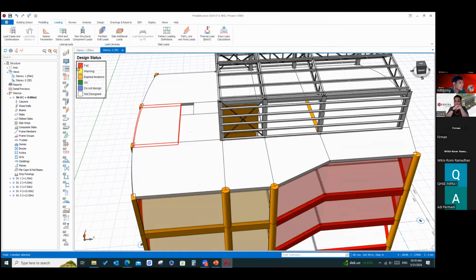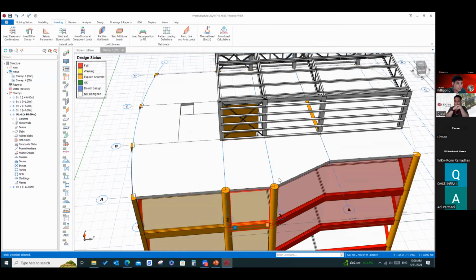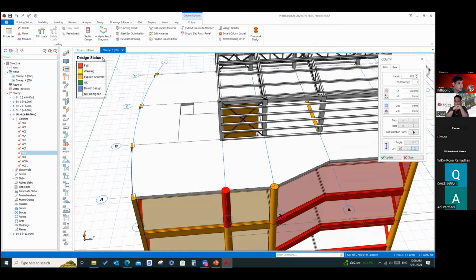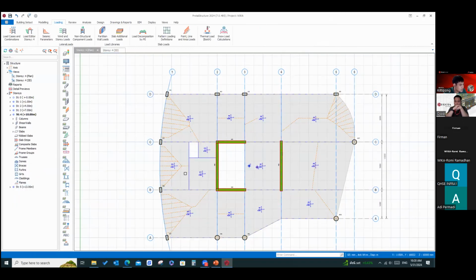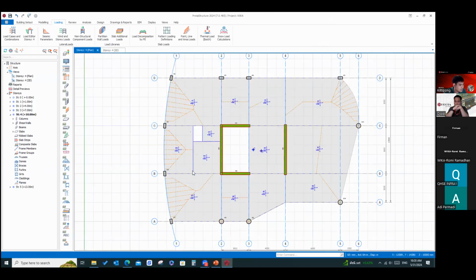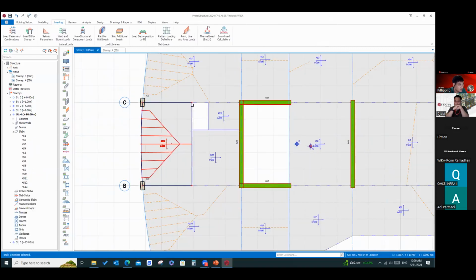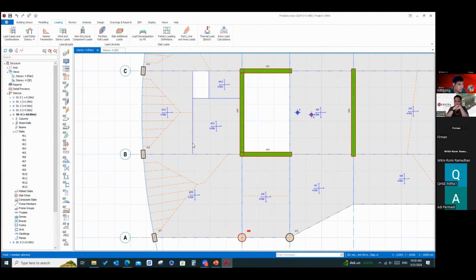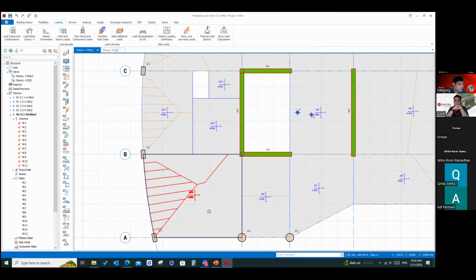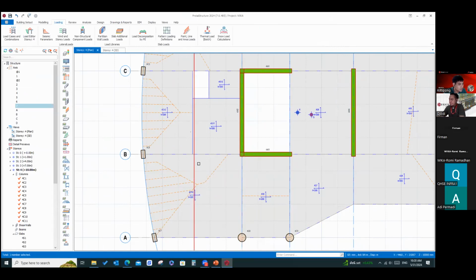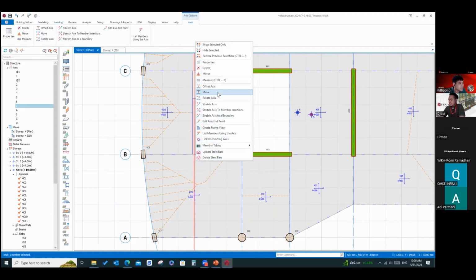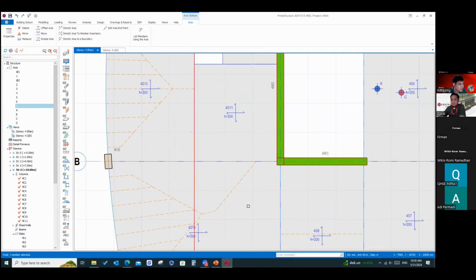Maybe I add another column here to see it, because this is on the edge of the building. Maybe I add another one here to make it clearer.